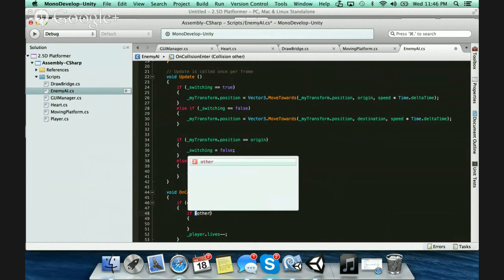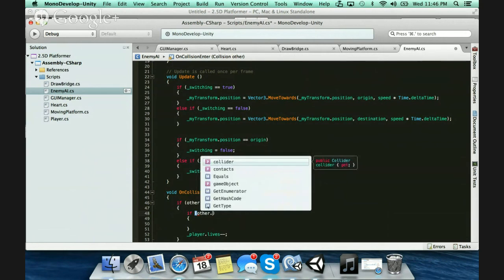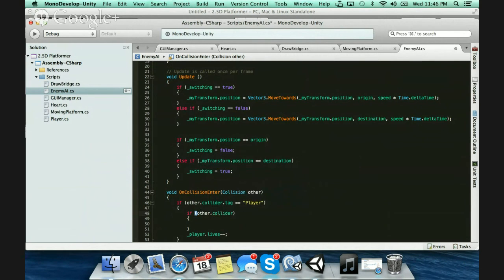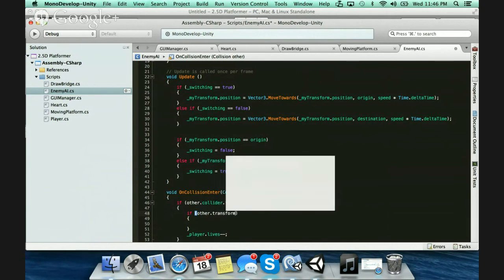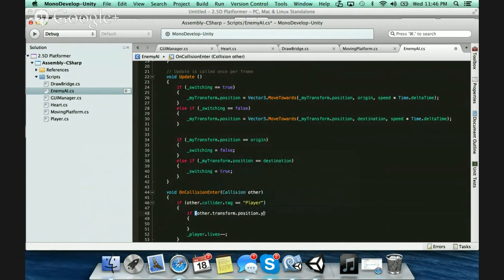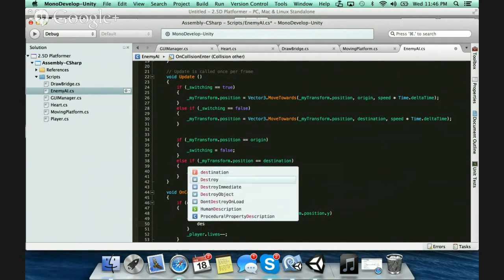So if other.transform.position.y, and I can say my transform.position.y, that means we're above it, right? So if other.transform.position.y is greater than my position.y, then we're going to